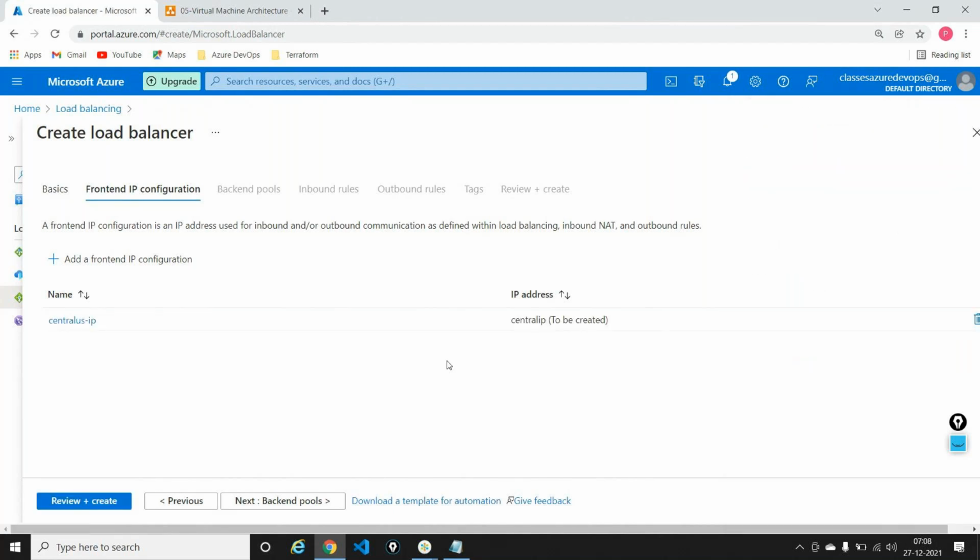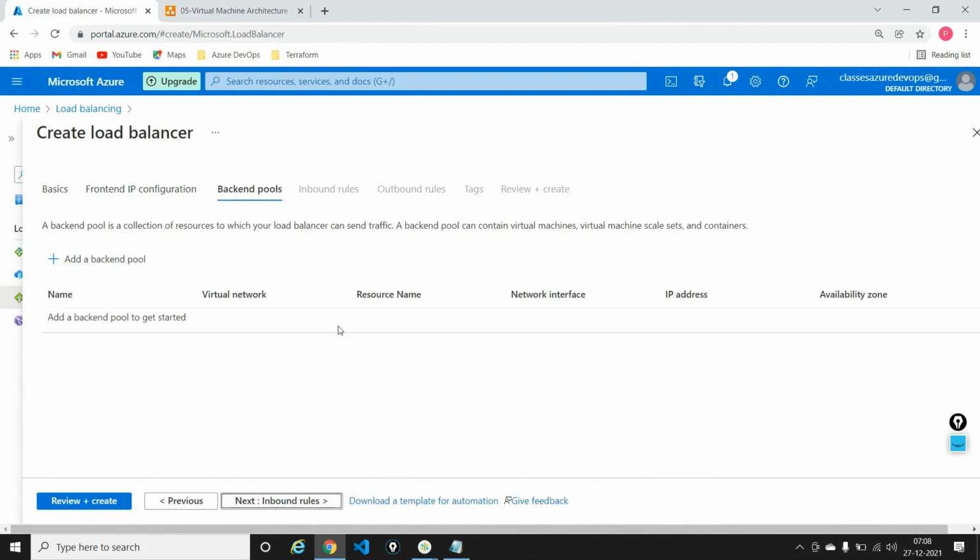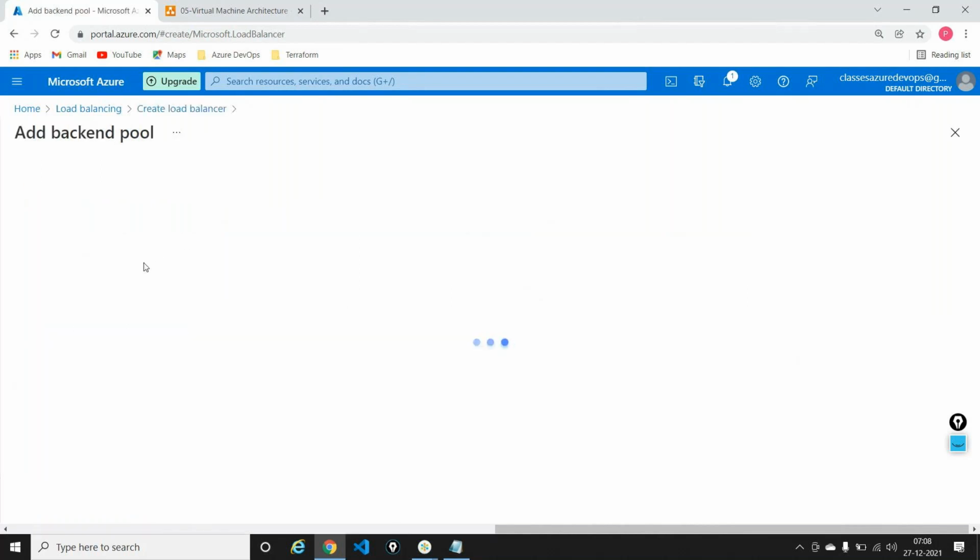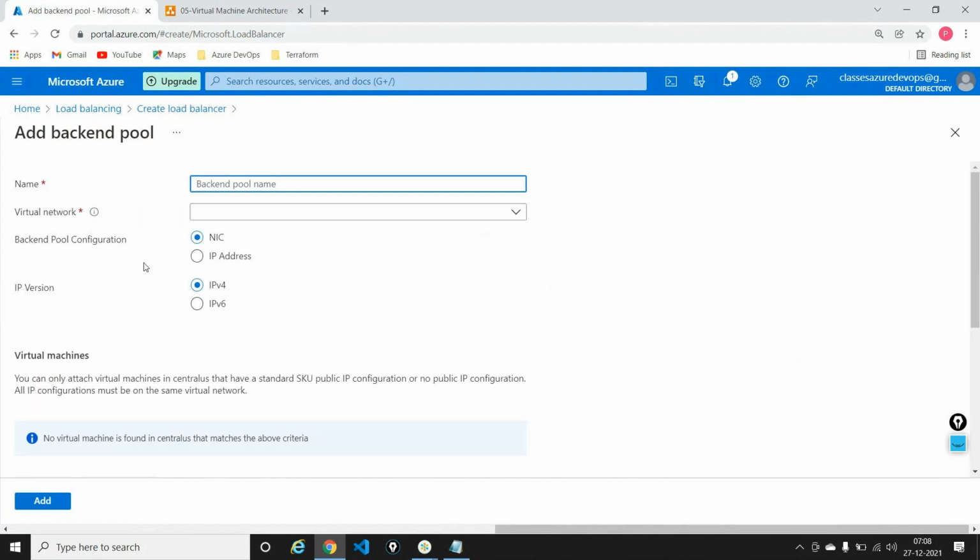Add. So this is something that needs to be created. Going forward, I'll say, okay, fine. I need something known as the backend pool. So this is where I add the backend pool. This is where I add the servers or associate the servers in the backend pool. I'll say pool central US,